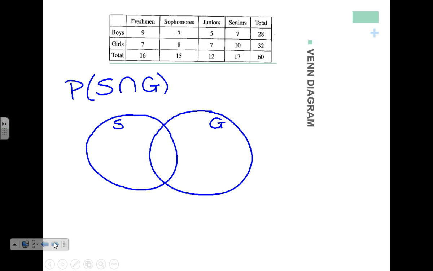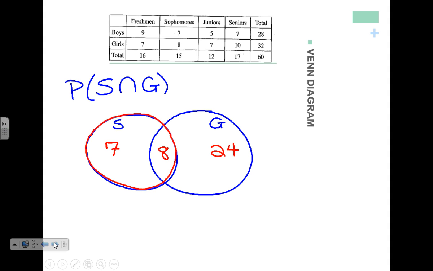If you do a Venn diagram of 2 things that are disjoint, you're going to have 2 circles that are not touching. Okay, so the total number of sophomores we had were 15, so everything in this circle has to add up to 15. So I'm going to start out with what they had in common. There are 8 sophomore girls, so there must be 7 out here, sophomores who are not girls. And then if we look at the blue girl circle here, there are 8 that they have in common. There were a total of 32 girls. So if we subtract out the 8, 24 of those girls are not sophomores.